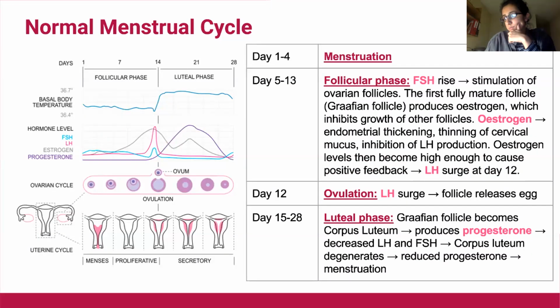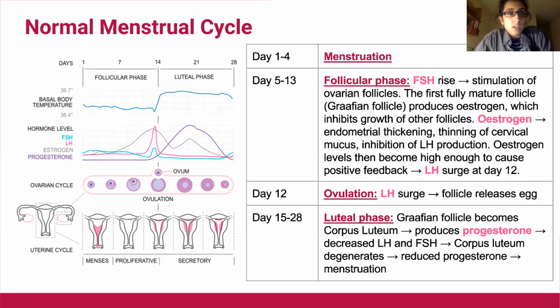As with all pathologies, it's important to get an understanding of what's normal. Again, if this is something that you've heard before, just shout out, and I want this to be as useful for you guys as possible. It's just a recap of normal menstruation. It's split up into 2 phases: the follicular phase, which is the first 14 days of a regular 28-day cycle, and then the luteal phase, which is the last 14 days of a 28-day cycle.